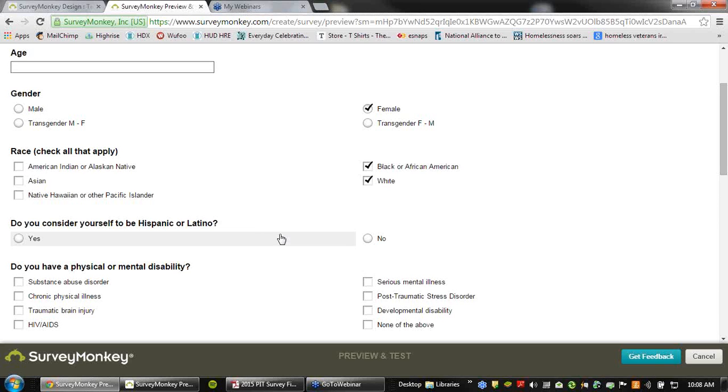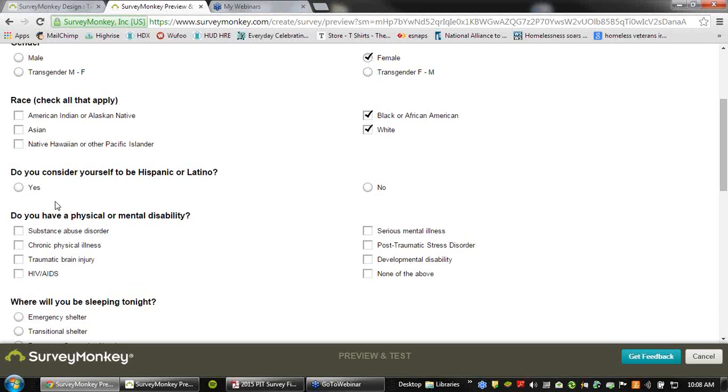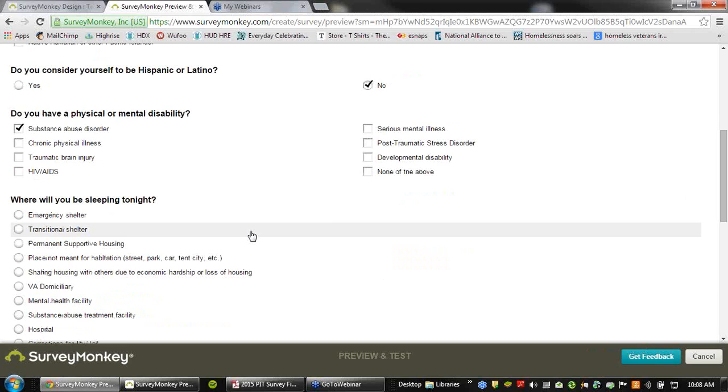And you'll see that these questions are in line just like the survey, and they're even pretty much set up just like the survey too. So you have two options over here, two options over there for each category. So you'll see that it's set up just like the survey, and you just need to go through and pick your choices.